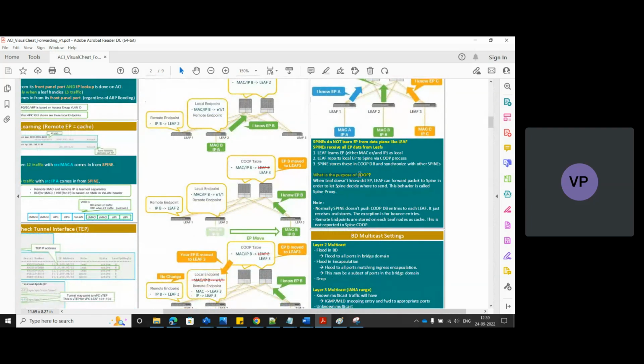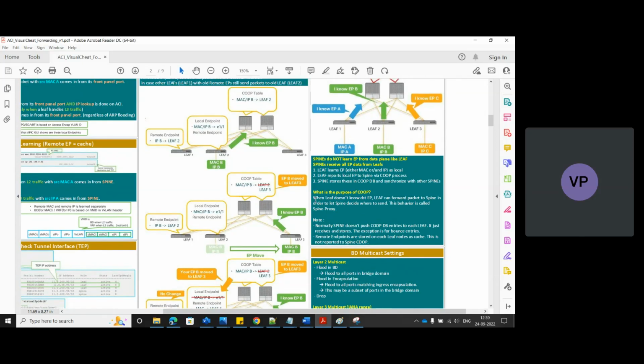What is the COOP table? What is the purpose of it? When a leaf doesn't know the destination IP address or destination endpoint, the leaf can forward the packet to the spine switch to let the spine make the decision on its behalf. We call that the spine proxy or proxy table. Normally, the spine does not push the COOP table entries to the leaf. It just receives them from the